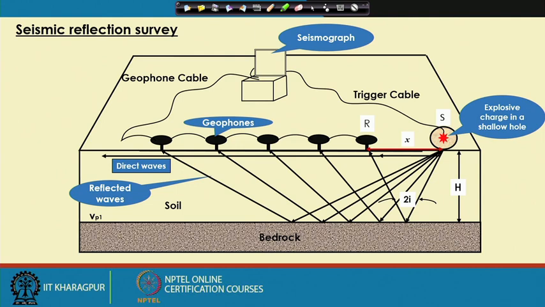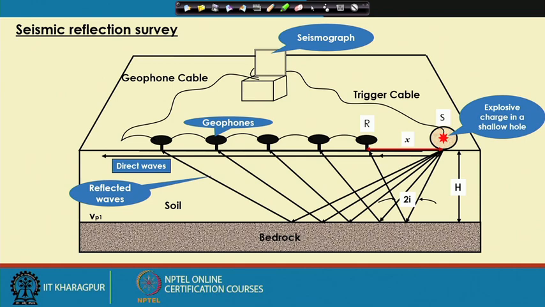Then we will go for the next test, which is the seismic refraction test. Here we are measuring the velocity of the soil layer, layer 1, and the thickness of layer 1. This method is suitable if the soil is homogeneous, but if the soil is layered, which is common in most cases, then you have to go for the next technique, which is the seismic refraction survey.